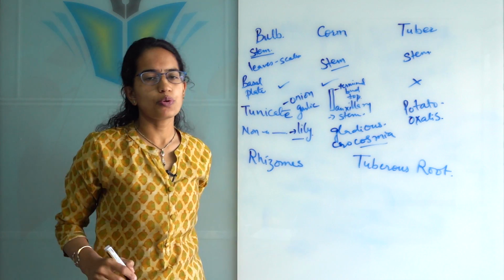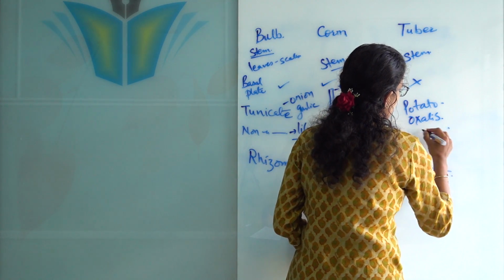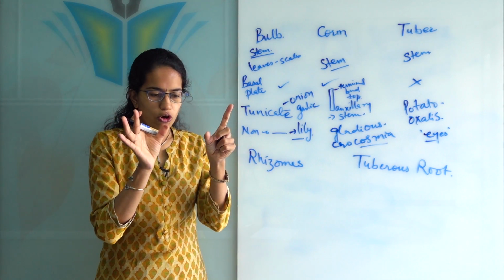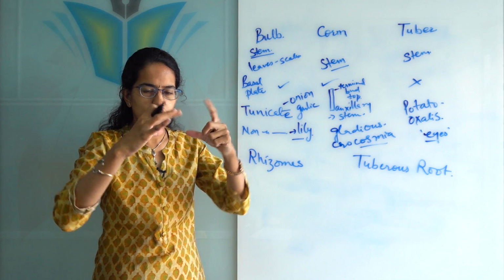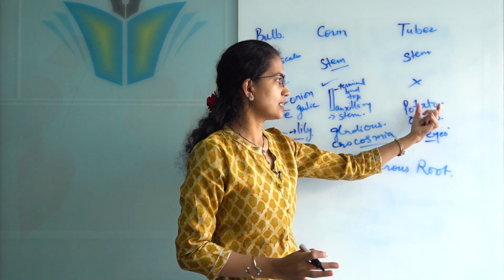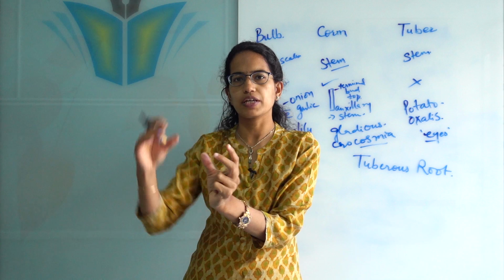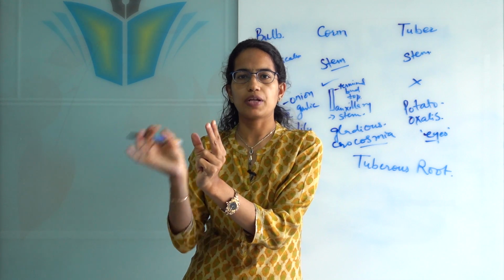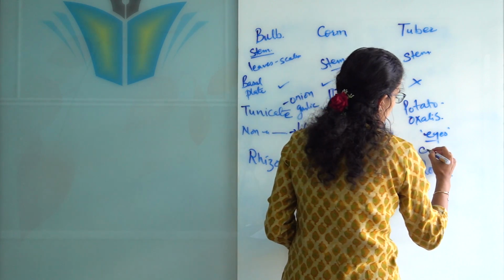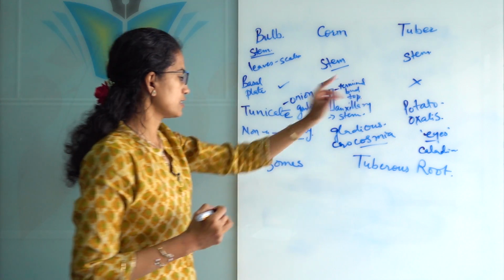Also, in the case of tuber and in some cases of corm, we see eyes. What are eyes? Eyes are structures present on the surface of the underground structure, which are called buds, and this is seen in the case of potato. If you leave the potato for, let's say, 4 or 5 days, you would see sprouts coming out, and those are the eyes. The next example in the case of tuber is Caladium.